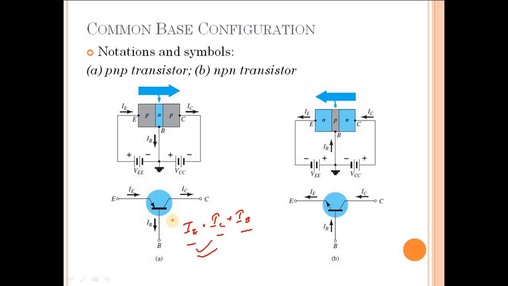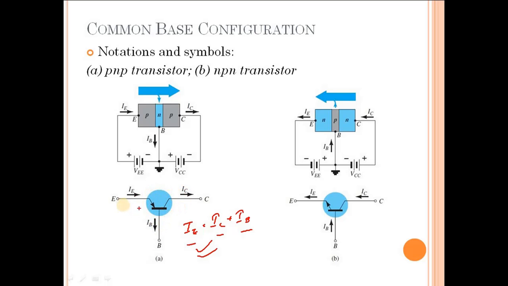So again, if I try to revise, initially we do not know what is the direction of IE, IB and IC, and we look into the circuit symbol, what is the direction of the arrow. Since it is a PNP BJT, the arrow symbol is downwards, and that helped me to know that the IE current in this branch will be incoming to support this symbol. And then by Kirchhoff's current law, I could say that if IE is incoming, IC and IB must be outgoing of this BJT.